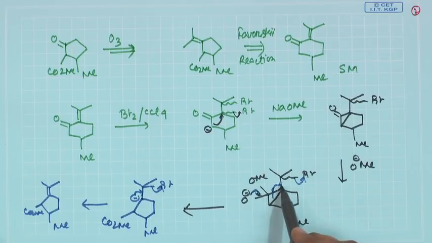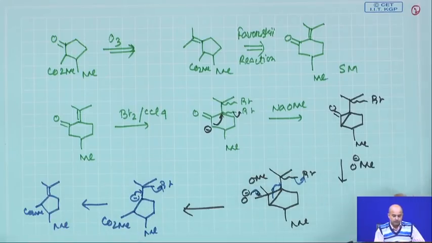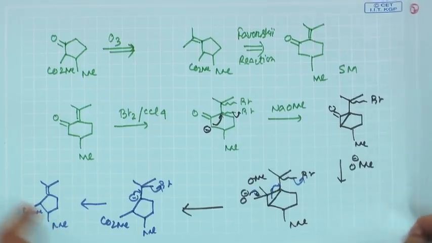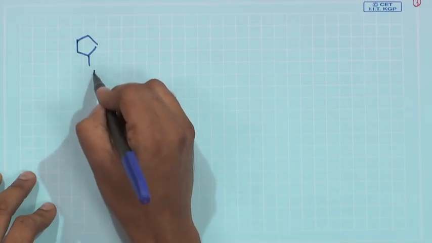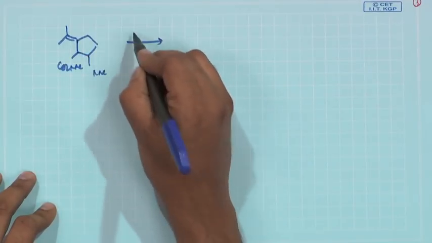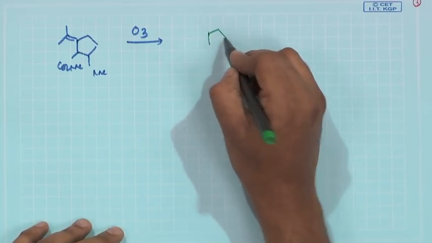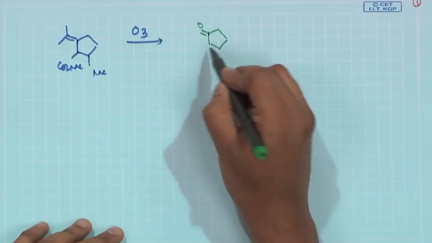Now, as I said, the cyclopropane cleavage will now be taking place on that side, because a bromine is there. So, it can now quench this negative charge which has been generated. The negative charge will be now forming a pi double bond. So, now this is the same intermediate. So, now what you do is simply take this intermediate as we have drawn in the earlier slide. CO2Me is here, you put this. Now, do a simple ozonolysis. A simple ozonolysis will basically give you the cleavage of this double bond, and you will be generating the